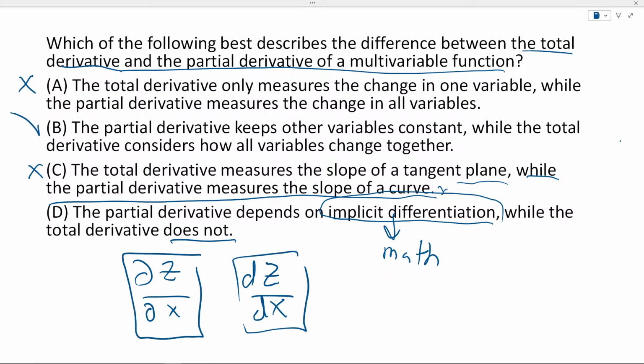This is a partial derivative. This is a total derivative. Implicit differentiation is just a solution method. So this is also wrong. B would be the correct answer, so you can choose this one for your homework. Okay, so I think that is it for